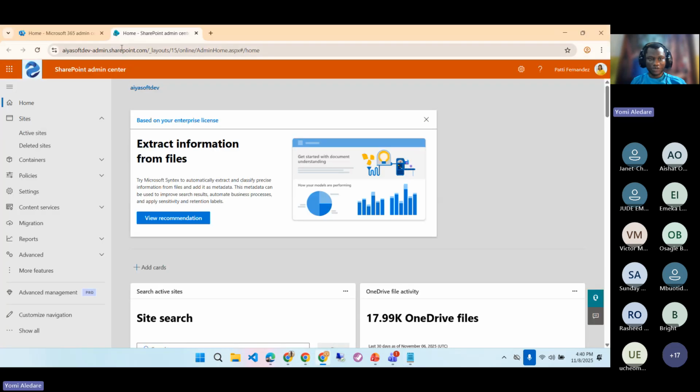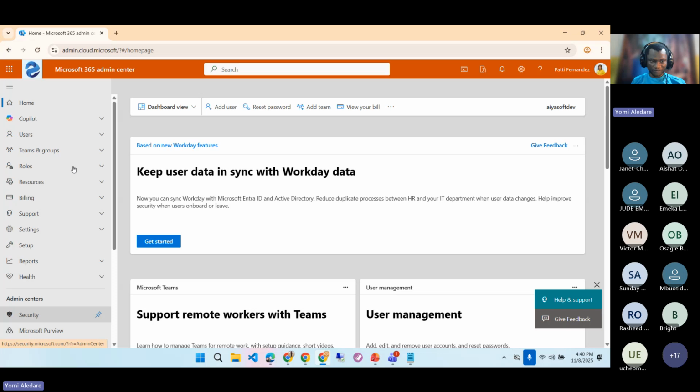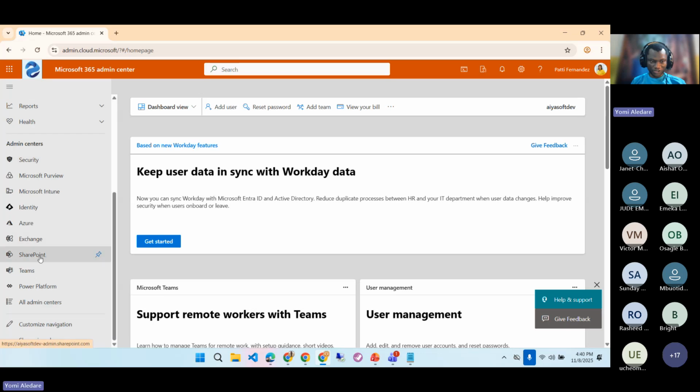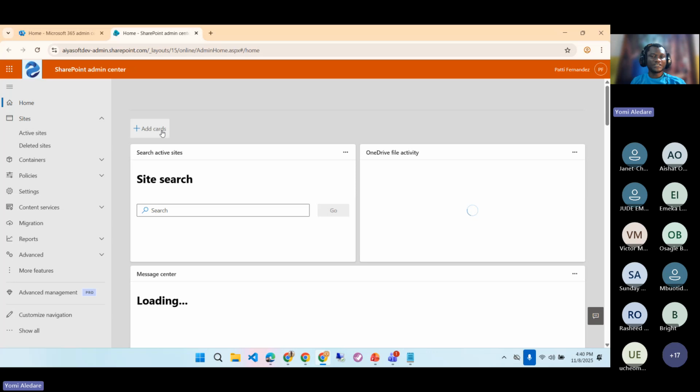So I'm on my SharePoint admin. How did I get here? From the M365 admin portal, I click on SharePoint. So we allow that to load. That should bring me to my SharePoint admin. Now,